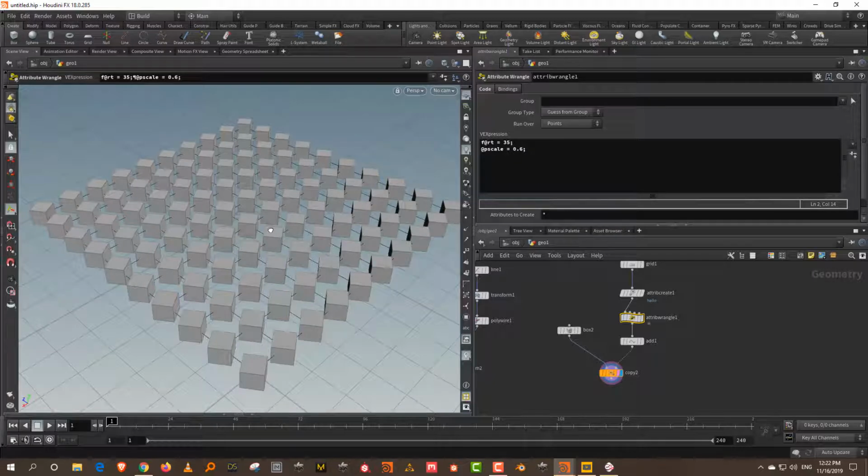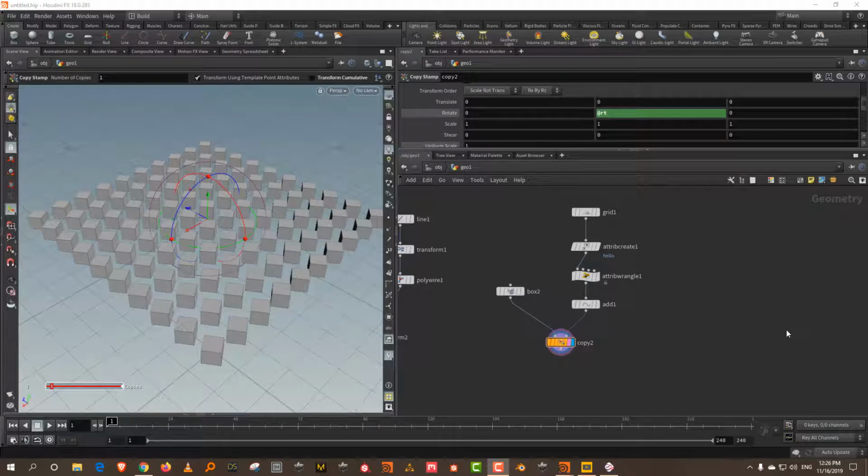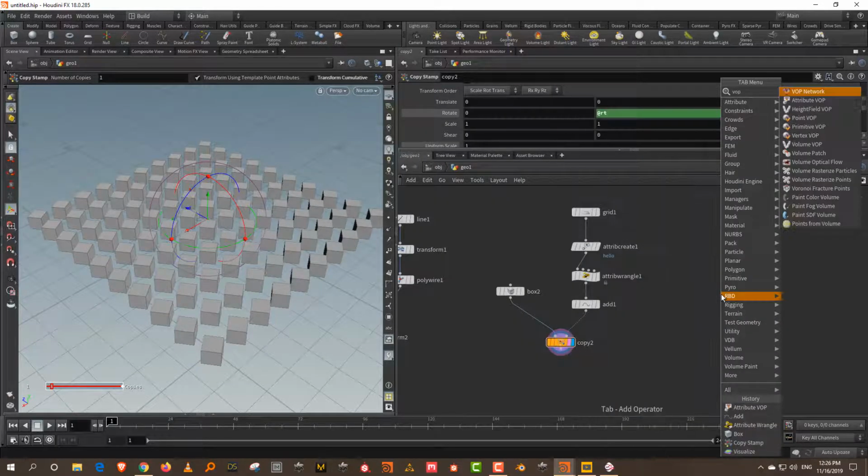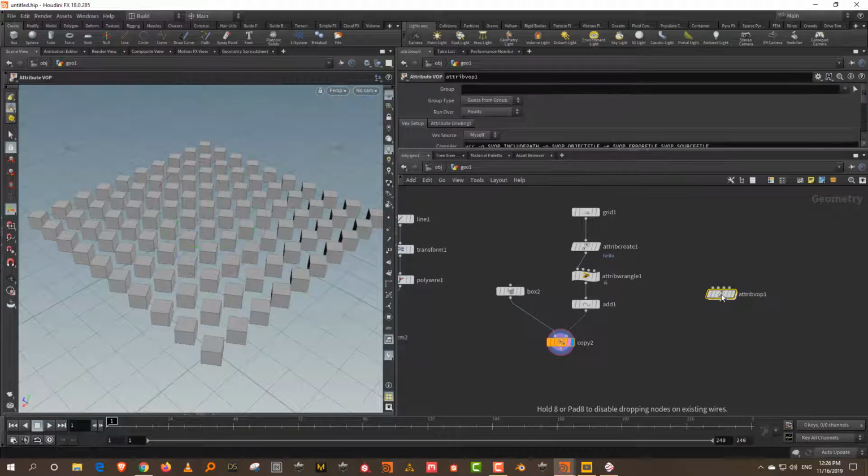Now let's take a look at how to do something more complex. Firstly, let's take a look at how you can find out the various attributes that exist. One simple way to do it is if you type in VOP and take the second one, called Attribute VOP.